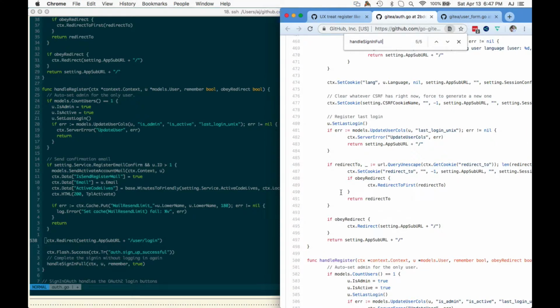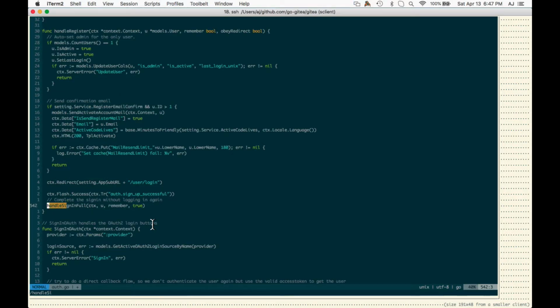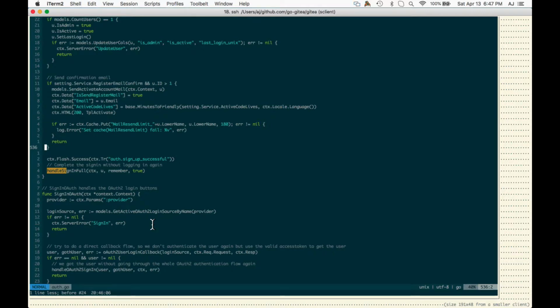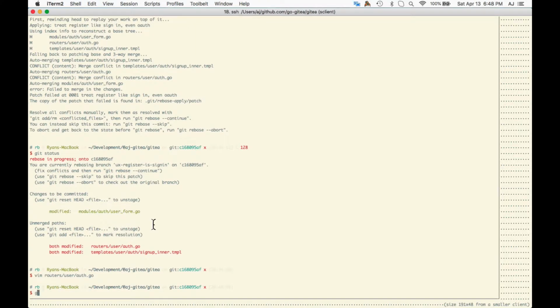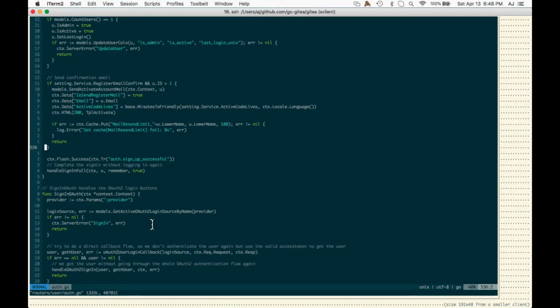So do you want to copy that redirect logic into handle register? No, it's already there as part of the merge. Okay. So it's not in there. It's see handle sign in full right down below. That's the thing that's doing all the redirect logic. So we do not need to add back the redirect. That would cause problems, because the redirect was removed on purpose because handle sign in full now has more context to be able to understand what the redirect should be in all three cases. All right, that makes sense.